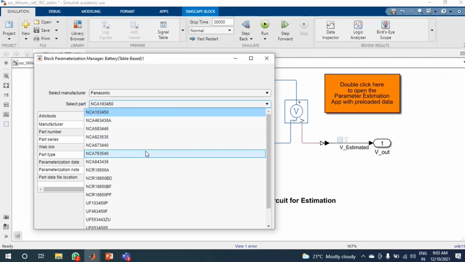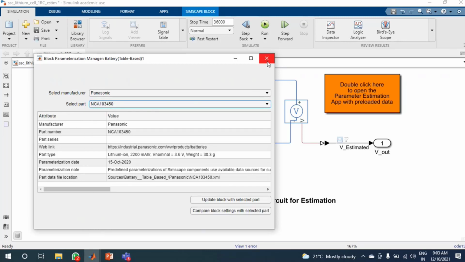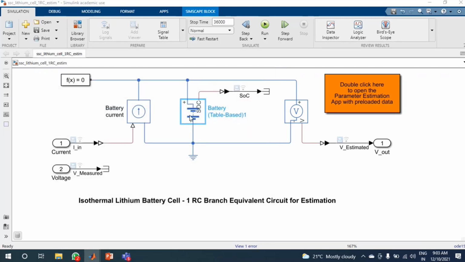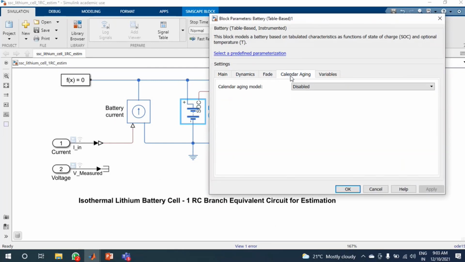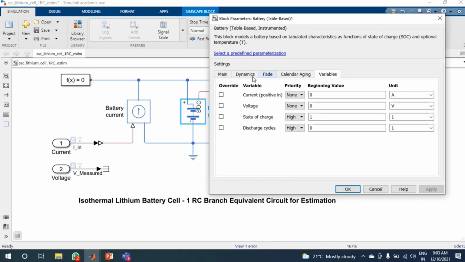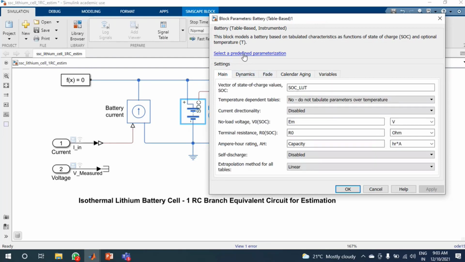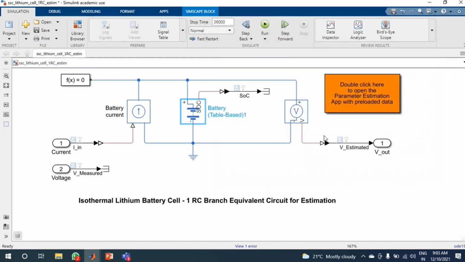So we can choose the type of the cell that we want to use. After that, all the parameters will be in this one. So the dynamics, fading effect, calendar aging, and all these variables will be defined with values according to the manufacturer. This is the cell voltage and cell current we are able to get from here.